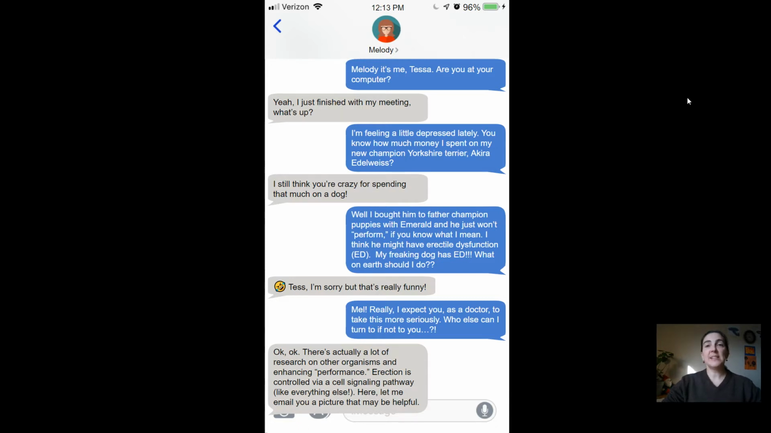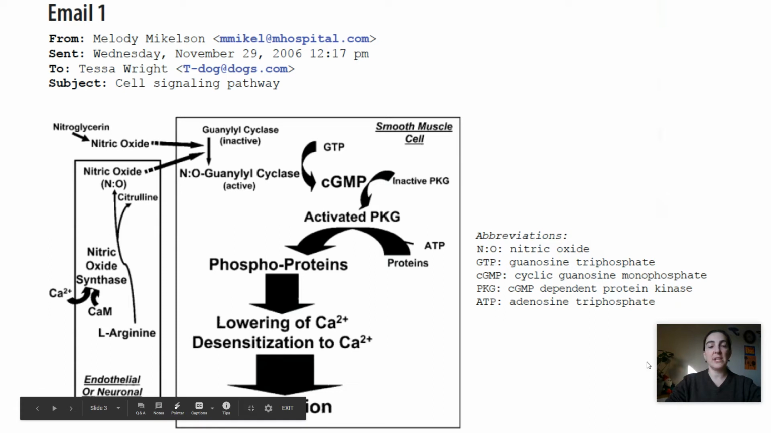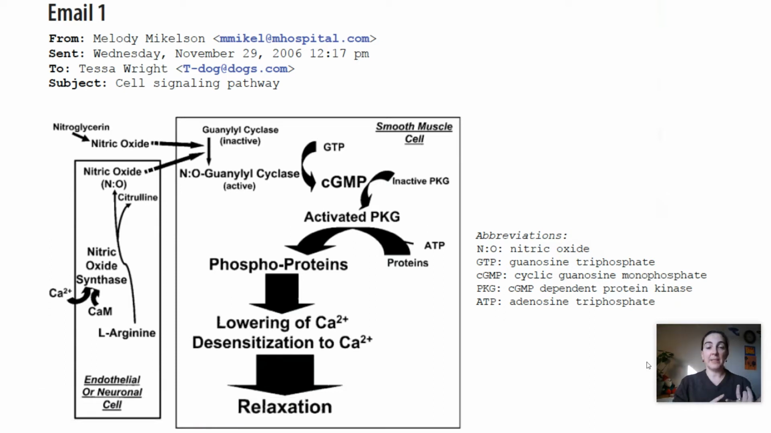So Melody sent an email to her friend Tessa with some information about this cell signaling pathway, and it looks like this. Like I said, these are big and complicated. That is okay. Remember, when you look at these diagrams, the important thing is not to understand every single word, but to think about the overall picture and the signal, the reception, the transduction cascade in the middle, and the